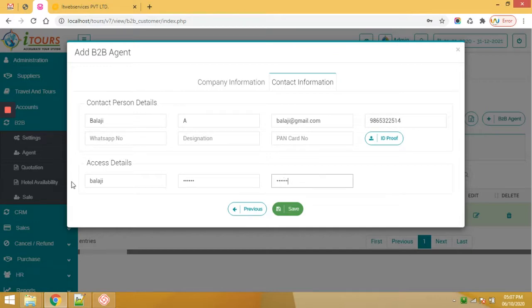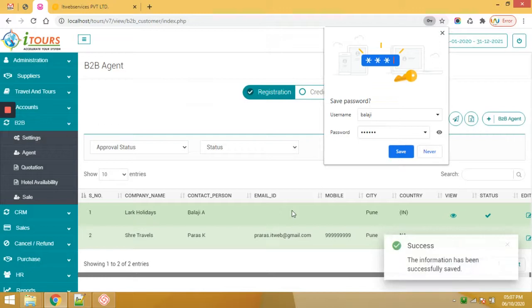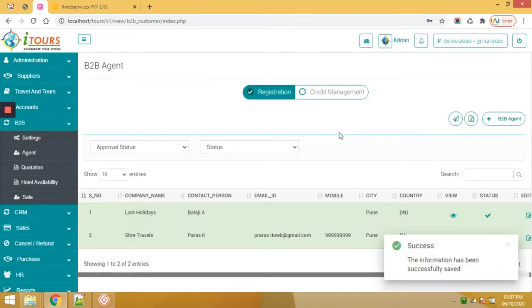On save, the details will be sent to the travel agent with the agent code and login details. So he will just click on the login link and use the system.